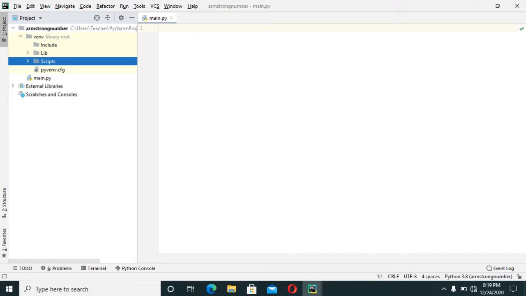Let's take another example. Let's take number 8208 and raise each digit to the power of 4. That is number of digit in a number, and add it. So 8 to the power 4 plus 2 to the power 4 plus 0 to the power 4 plus 8 to the power 4, and after adding this we will get 8208.